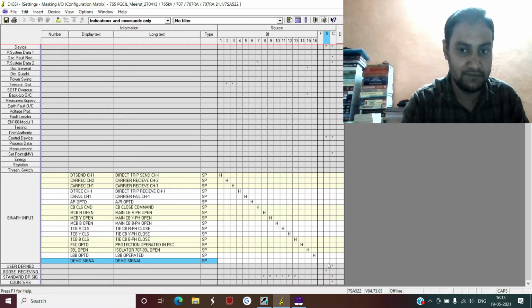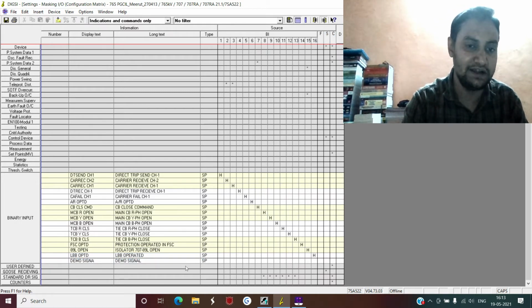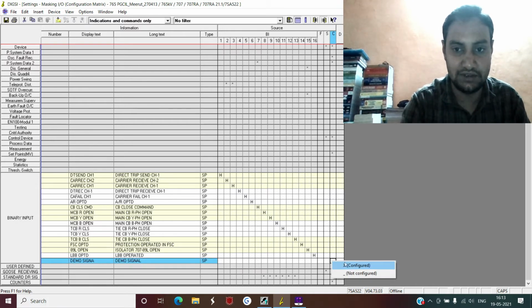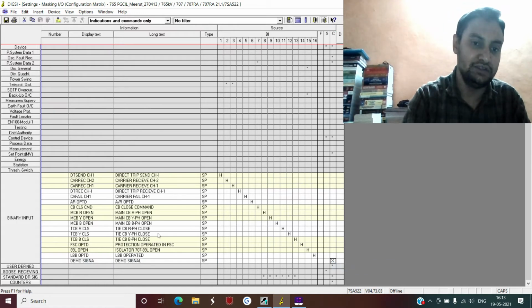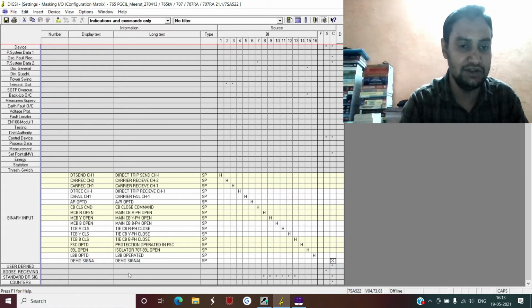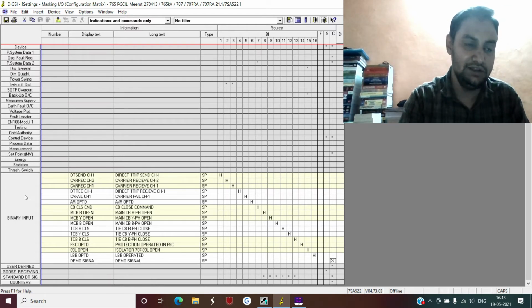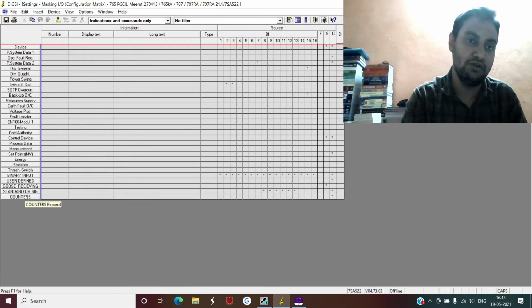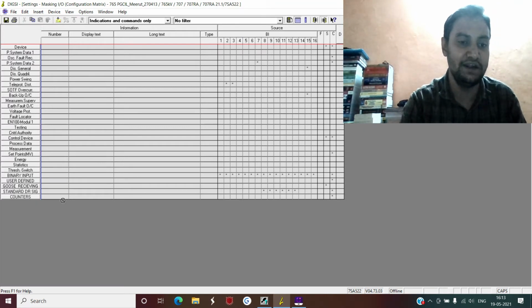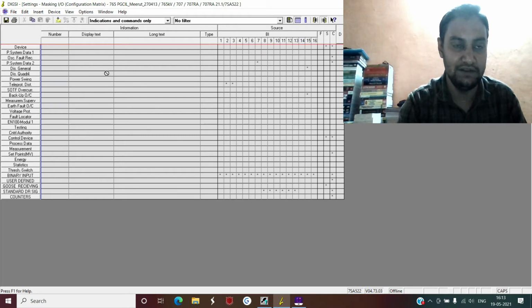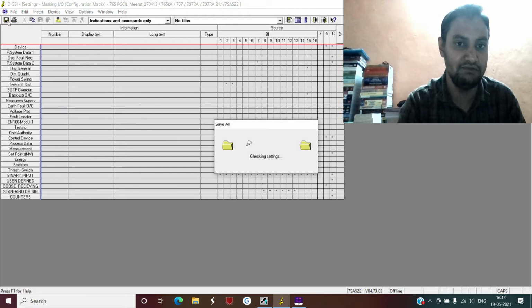If you want this signal to get active using CFC logic, you have to select this inside your CFC source side and just configure. Now you will see this signal during the CFC logic creation for selection on the output side of the CFC. Now suppose you want this signal to be active when either zone 1 operated or zone 2 operated or zone 3 operated, or any of the protection operated, then only this signal must go high. So now you have done this in the source side, just save.